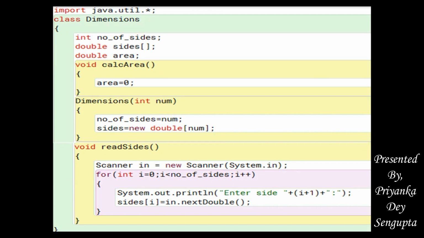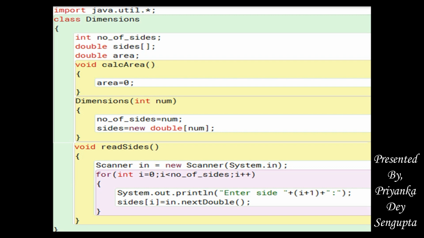First, let's look at the base class dimensions. It has the data members as number of sides, an array of data type double as sides, and a double type area. Here void calc area is given as 0, area is taken as 0, which will be overridden in the later subclasses.